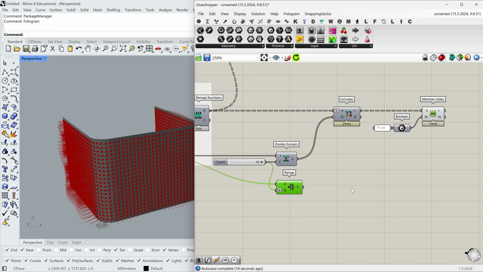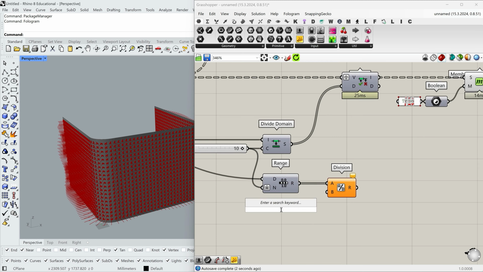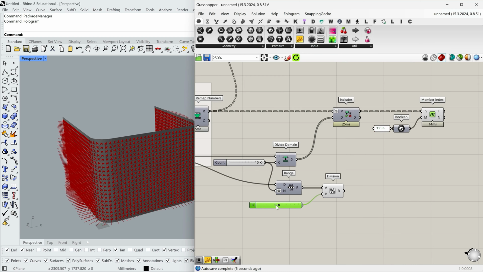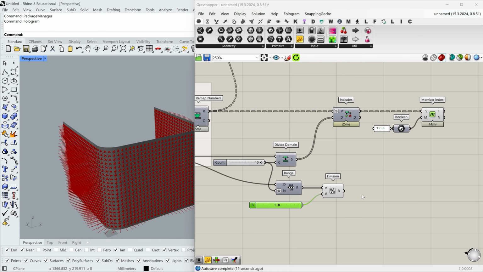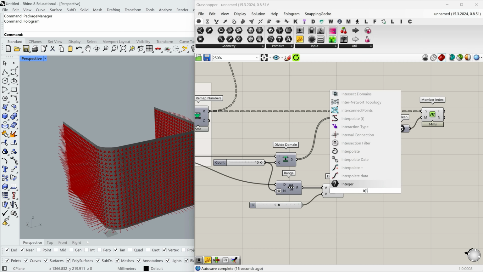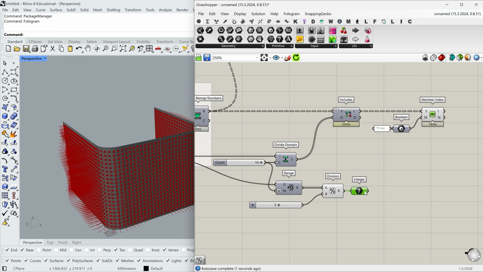Okay, it's good. Right now, let's divide these numbers from range by, let's say, 5. 5 is the value we can round to. So first I'm going to divide every value by 5, like this. And then I'll use an Integer node to round all the values in the division.